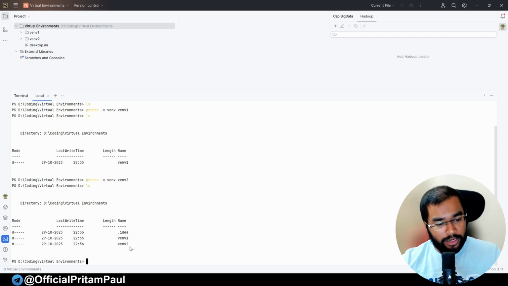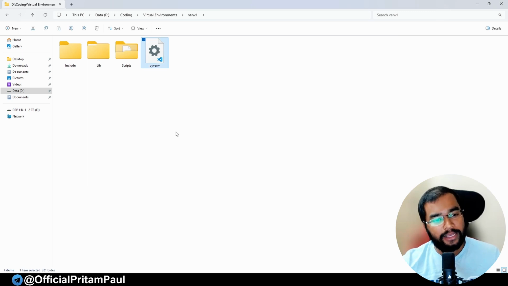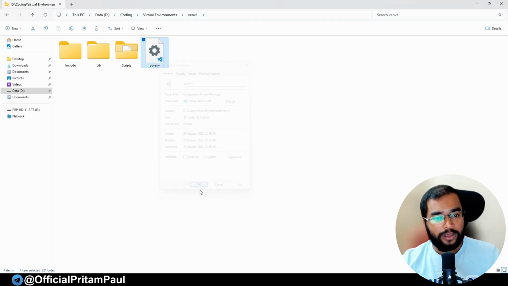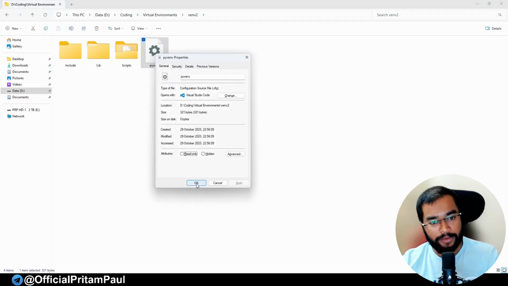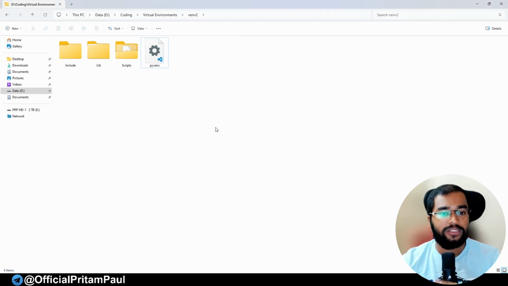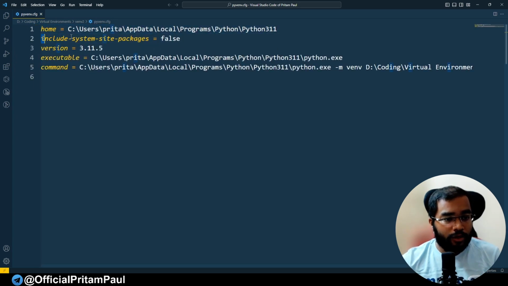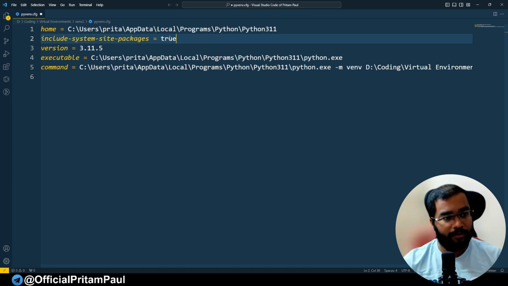So there are two folders. Let me go there. In VNV1, you can see one pyvenv file is there. Let me go to the properties, and you can see it's a CFG file, which means configuration file. This is also the same CFG file, so for both environments the configuration file is there. Let me open one configuration file. You can see install-system-site-packages is false. If I make it true, and save it,